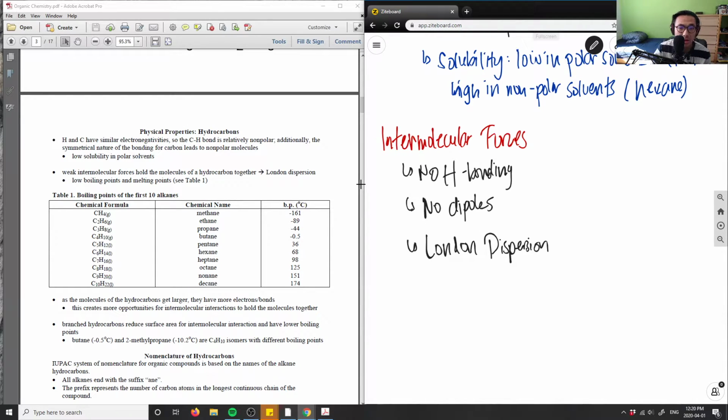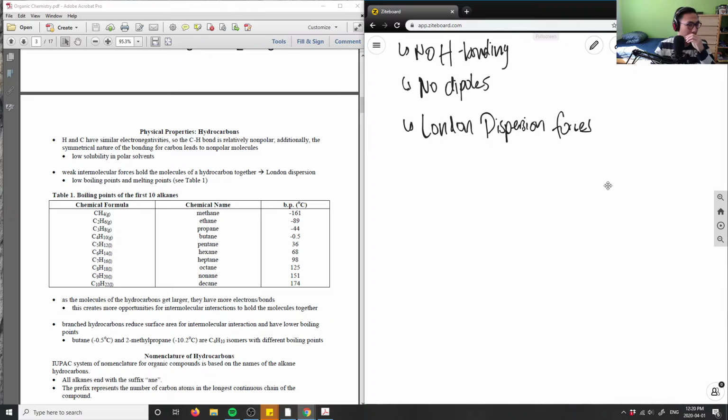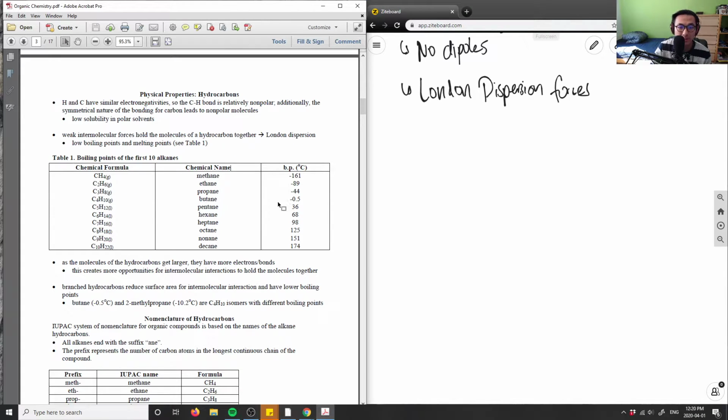We have here just London dispersion forces that exist in alkanes. Remember, we're still talking about alkanes in this case. So let's look at boiling points now. If we look at the trend, methane has a boiling point of negative 161 degrees Celsius, so a very, very low boiling point. If we go all the way up to octane, for example, it boils at 125, so it's